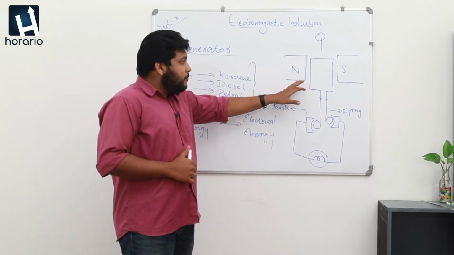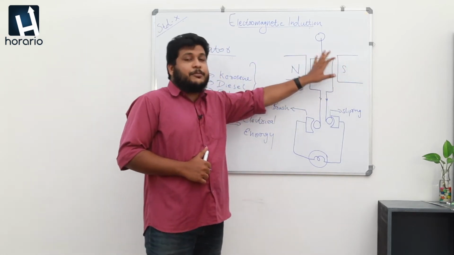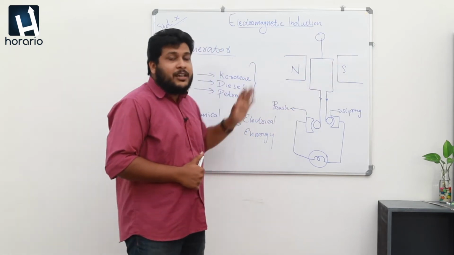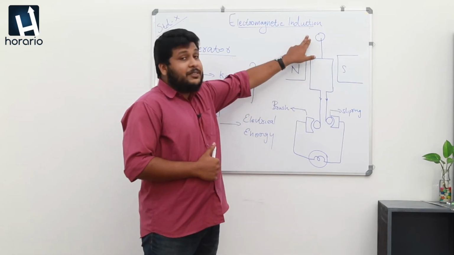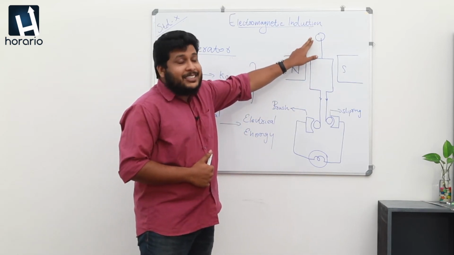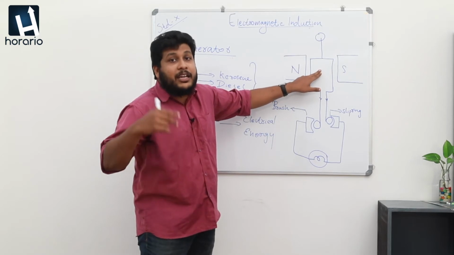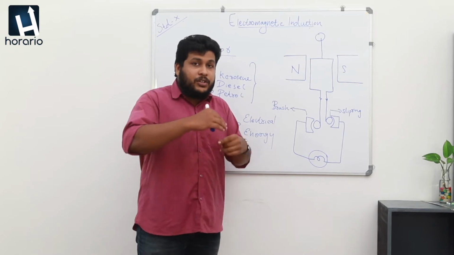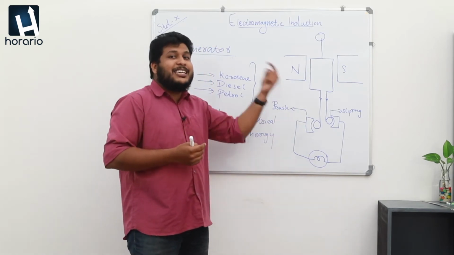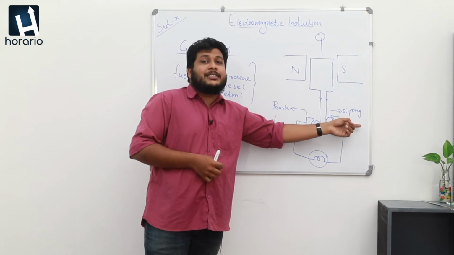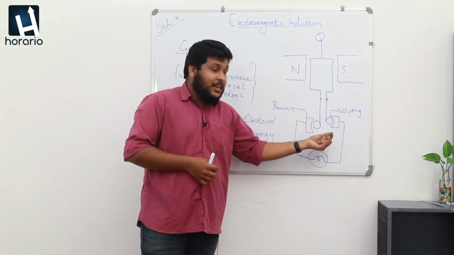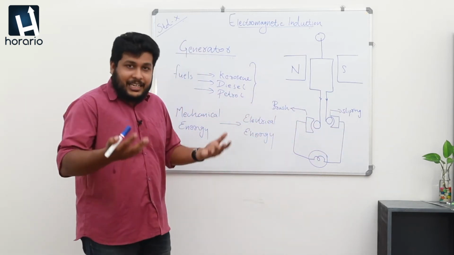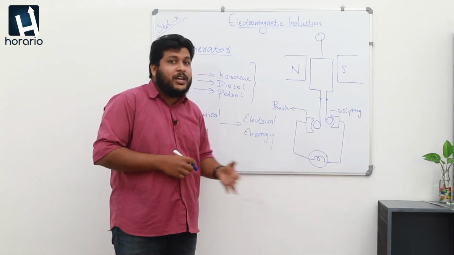So first of all, there is a magnetic field which is produced with the help of a field magnet, and the magnetic field is placed between this armature, and the armature is rotating with the help of mechanical energy. This rotation will eventually lead to interference between the conductor and the magnetic field. So there will be a development of EMF, and this EMF will be harvested with the help of a slip ring and the brush connections. Here from the brushes we can take the needful energy, which is the electrical energy for our usage.